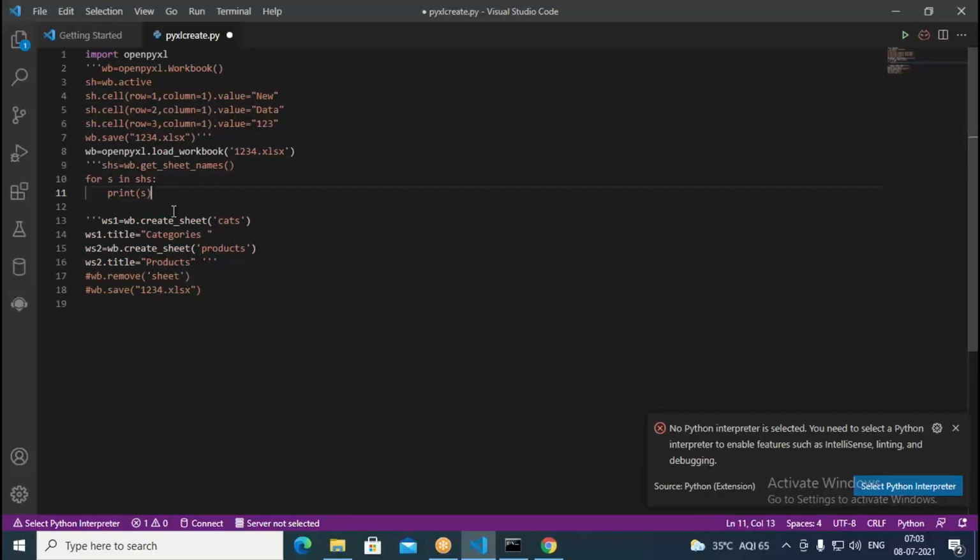Okay. I end this here. It was basically uppercase S. Because of that, it could not delete the sheet. Python is case sensitive. Now, let me save this and try again what it says this time.